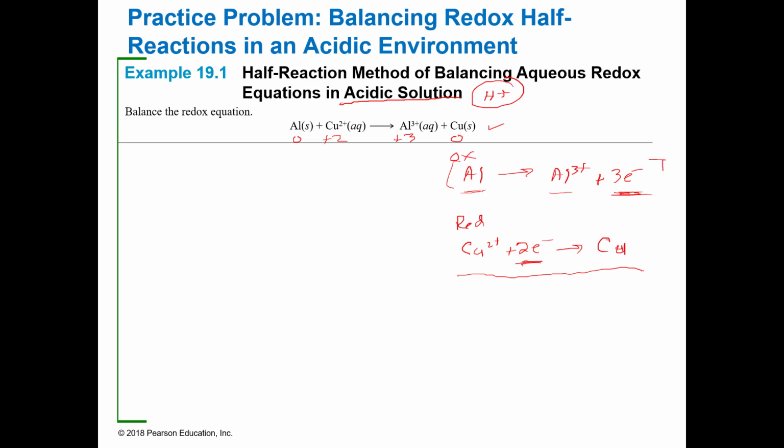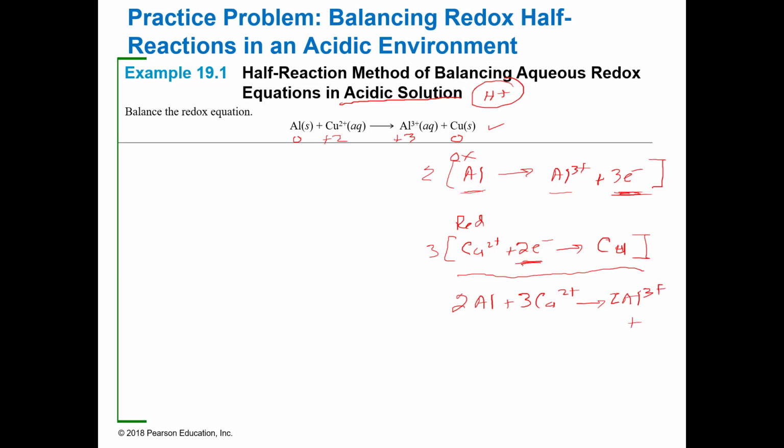That's 6. So you got to multiply this entire equation by 2. You got to multiply this entire equation by 3. And by doing that, you will get 2 aluminum reacts with 3 copper 2 positive ions, yields 2 aluminum 3 positives,